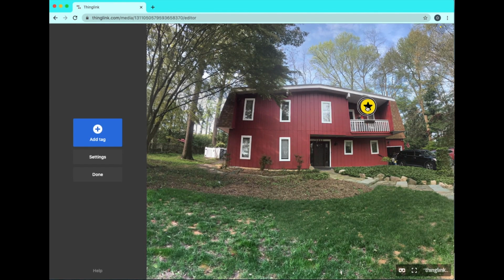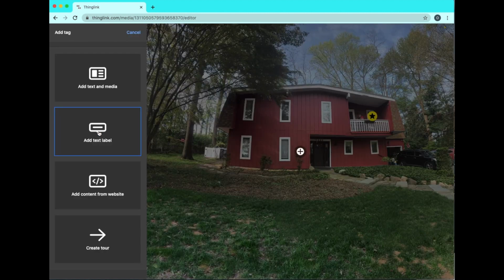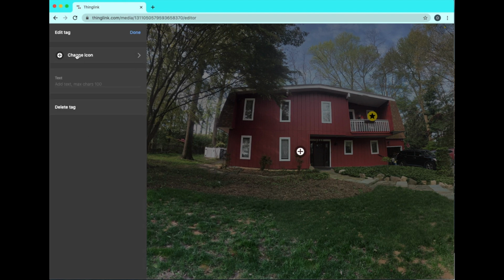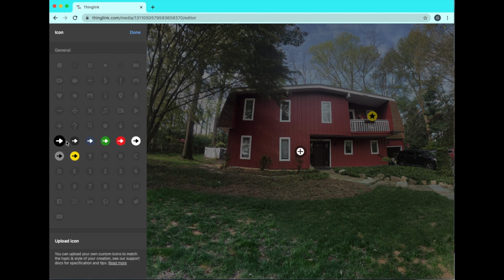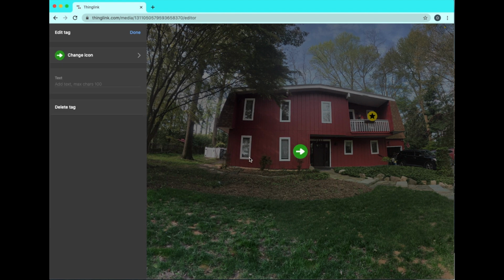And then I'm going to take that star and put it right up there by him. All right, and then if I want to do another star or another image or another text label, I'm going to click it here. I can click the icon again. Maybe I like the arrow this time. It's a green arrow, and I'm going